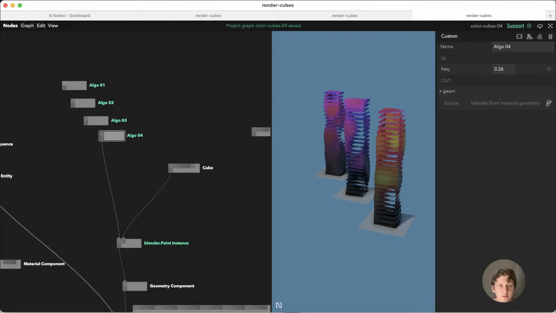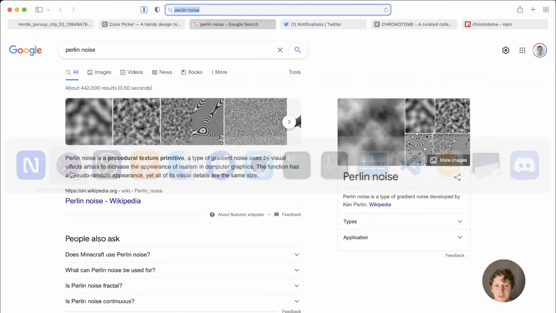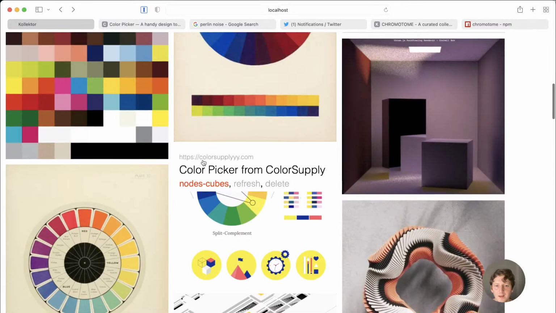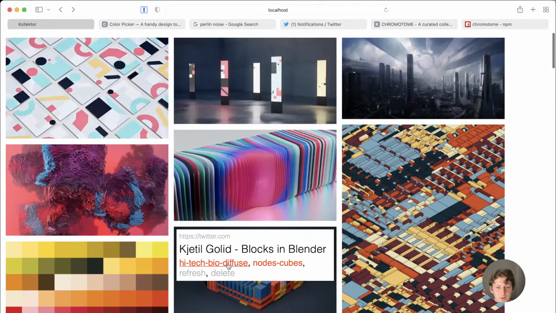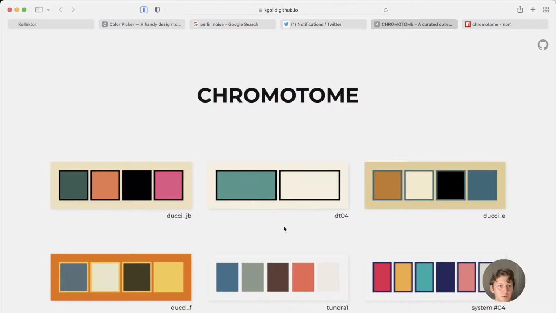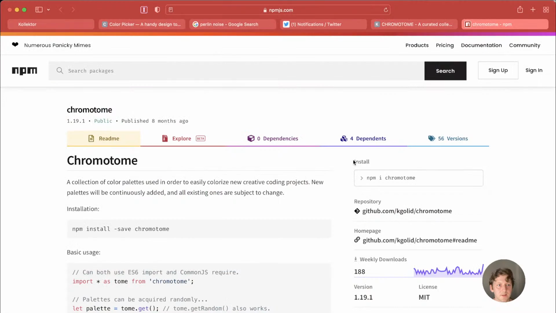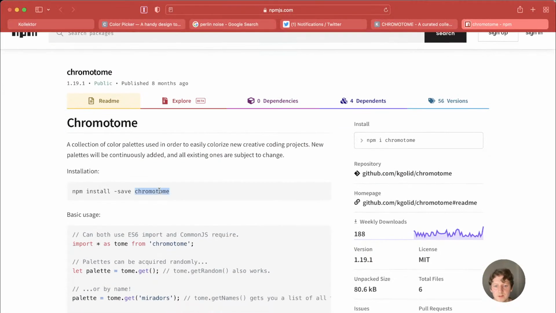Okay, so one thing I wanted to try: this is procedural color, and there are people with much better color skills than me, like Kietil — I'm pronouncing his name wrong, I'm so sorry. He created a library called Chromatom. So why don't we try to use this one? It comes with lots and lots of color palettes. So if I install this,